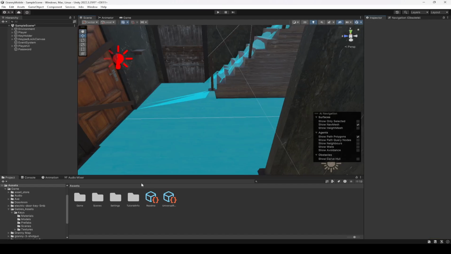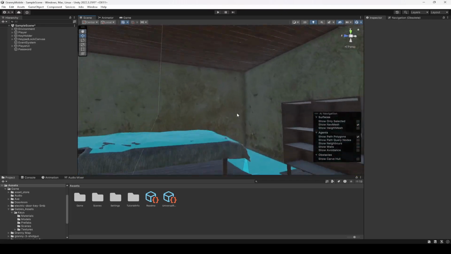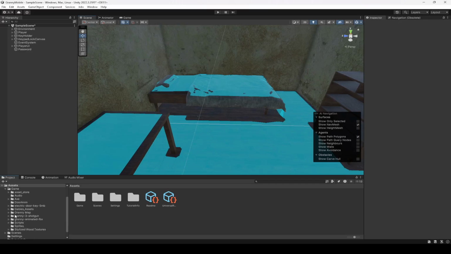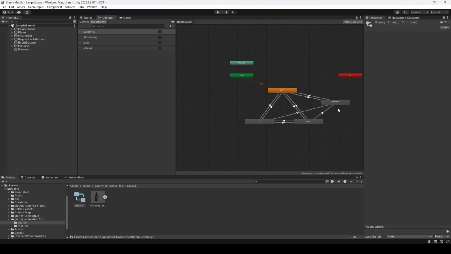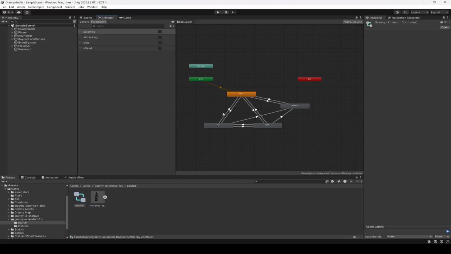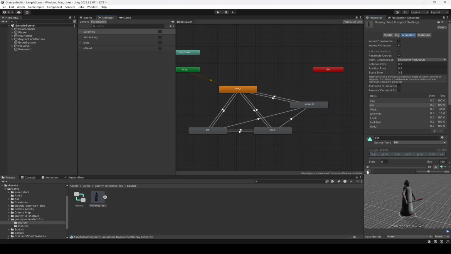Okay, so once this is baked, let's go ahead into the granny room right here, and then click on granny animated FBX, click on source. Here it is, this is the granny, and here is the granny animator. If you are using some other character, then make sure that for that character you add all of the animations and then the parameters. Like this, we have these 4 parameters in these 4 animations. The first one is idle, then walk, and then hit. This is the granny hit, when the granny hits the player, and then this is the arrow hit